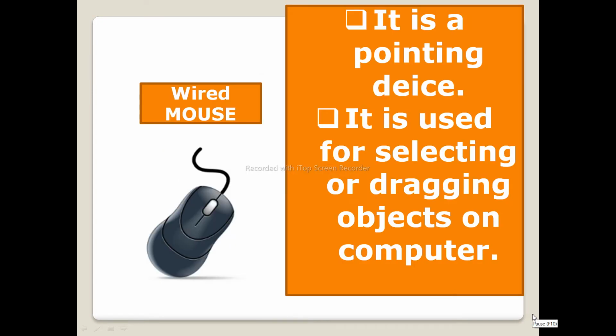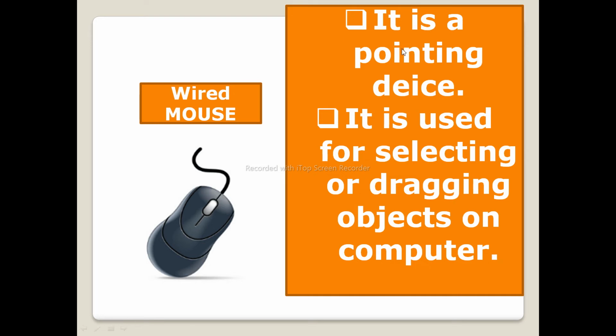Now dear children, do you know there are two types of mouse, wired mouse and wireless mouse. A wired mouse, as the name says, has an attached wire. The wire at the last corner of the mouse, we call it a cord. You need to attach it to your laptop or desktop computer in the CPU port, so that you can use the functioning of a mouse in the computer or laptop.